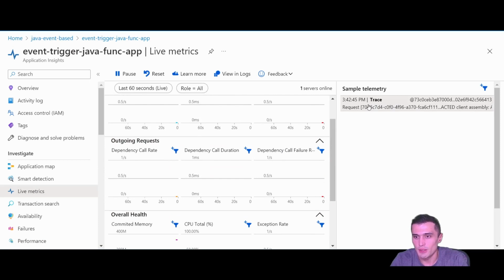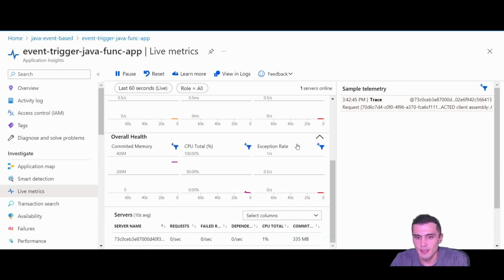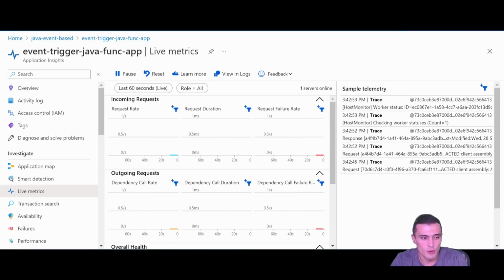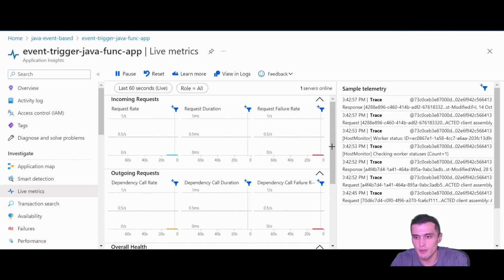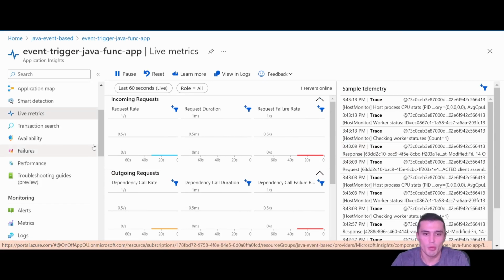And now you see some of the traces coming every 10 seconds. So you can have a look at the overall health of your events and how the function app is processing data.